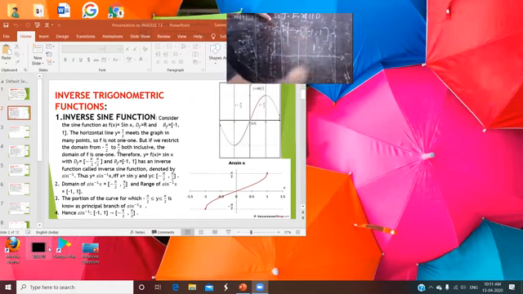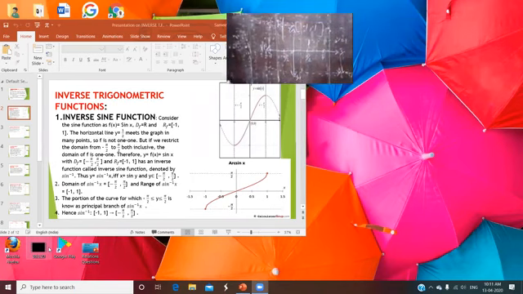Now I will discuss the concept behind that. Here you have the axis, here you take 0, here you have pi by 2, and here pi. Again here you have minus pi by 2 and minus pi. First we decide the range. The range is minus 1 to 1, so here we draw a line y is equal to 1, and here a line y is equal to minus 1.